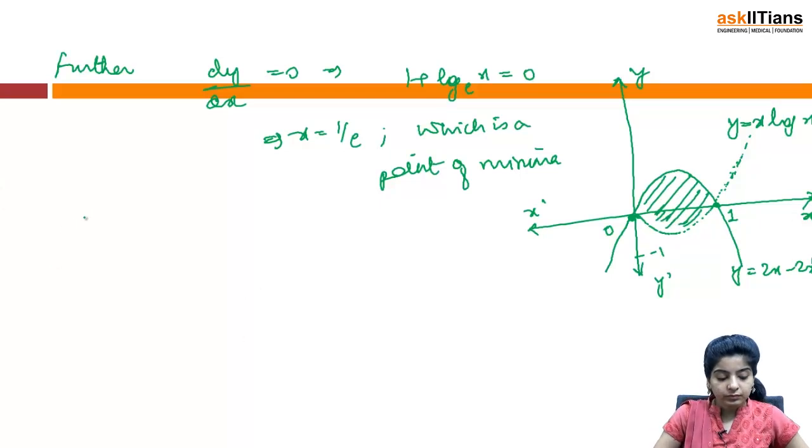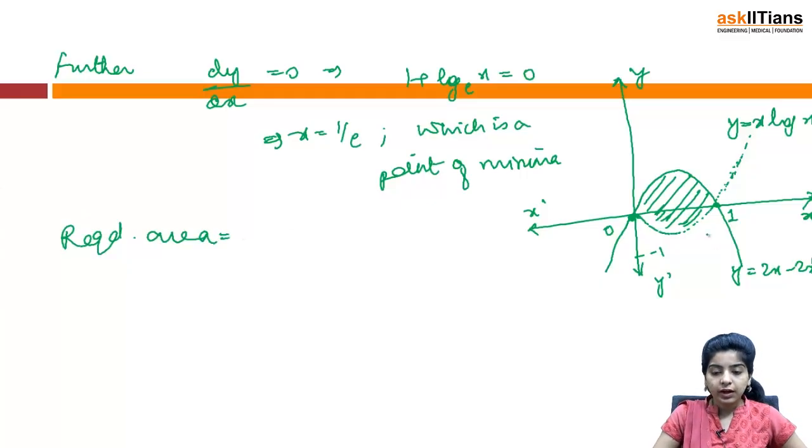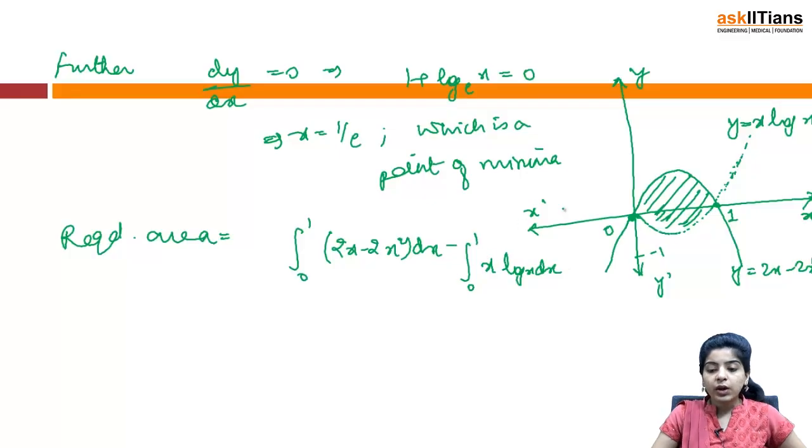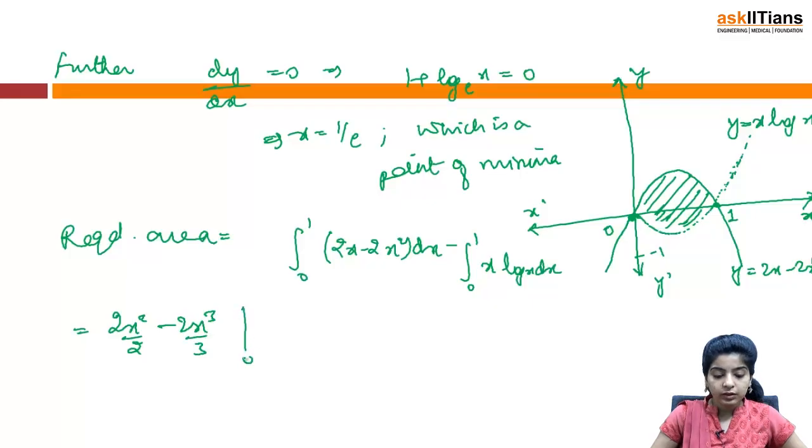Now the required area is, you can see from the curve, integral 0 to 1 of 2x minus 2x square dx minus integral 0 to 1 of x log x dx. That is, integral 0 to 1 area enclosed by this minus 0 to 1 area enclosed by this, and this is simple integration. You can find it out: 2x square by 2 minus 2x cube by 3 from 0 to 1, minus, and you can find it out using